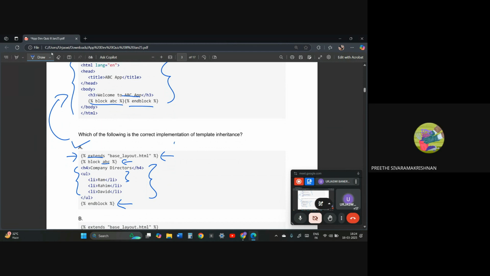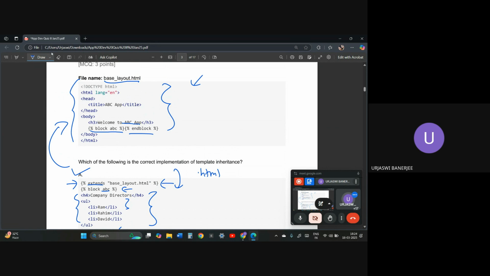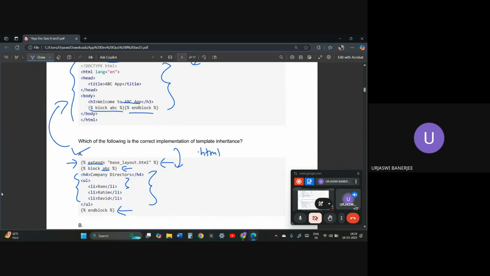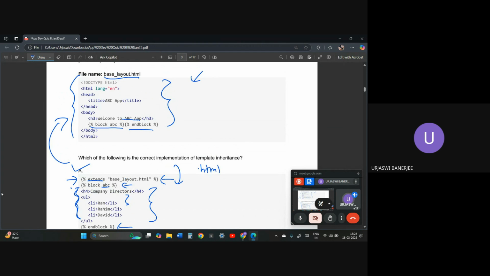That part of the code, option A, is in another .html file. This is the main html file, the base layout. You are inheriting this, it is a part of code that will be used in all of the html files. The company directors Ram, Rahim, and David will be inherited into this.